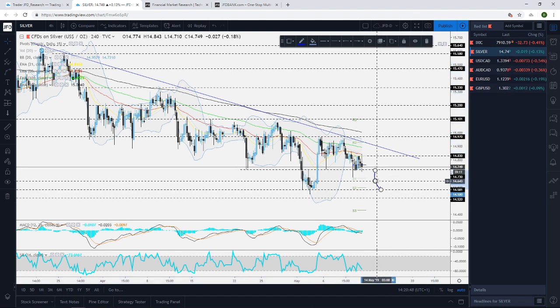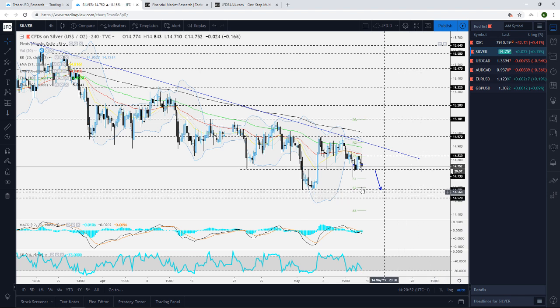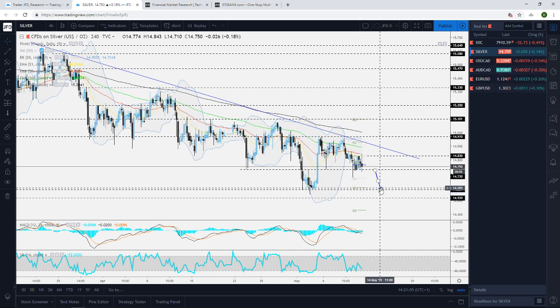We could see a further decline, and what we're going to target initially is going to be the 14.58 level as well, acting as a good area of support back on the 8th of May. So this is going to be our first target if we see a drop below the 14.73 zone. In terms of the upside, even if we see a retracement, push higher, and then a break above the